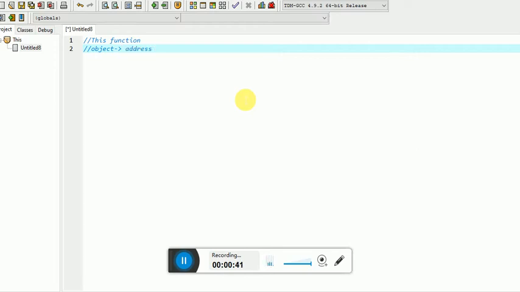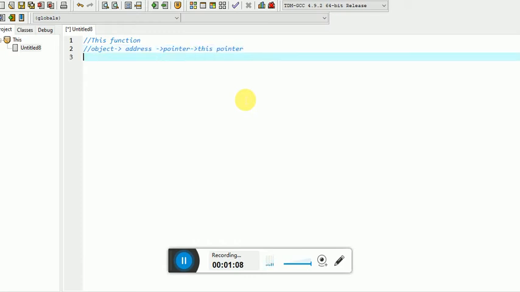To access its address we will be using a pointer, and this pointer is our this pointer. So let's get started with the this pointer.